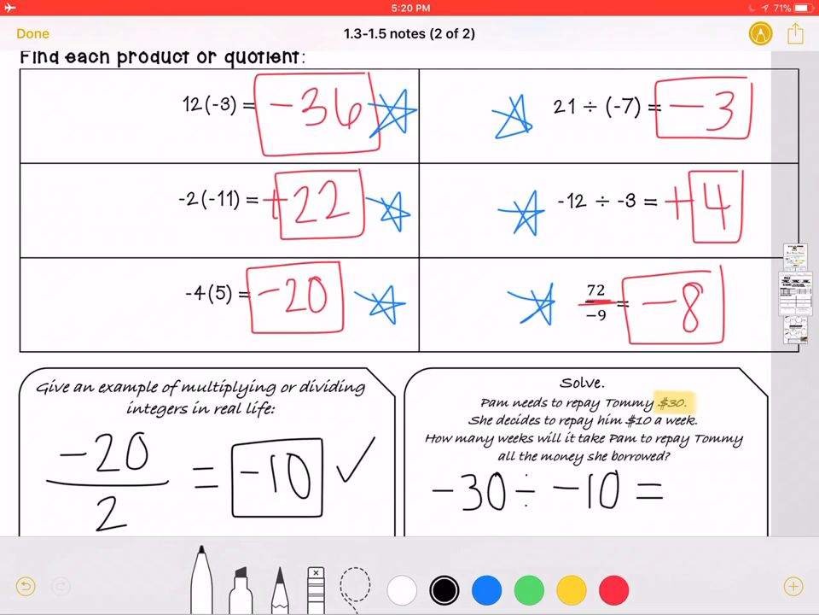Go ahead and do that math. What's negative 30 divided by negative 10? Hopefully you're thinking same signs positive. 30 divided by 10 would give you 3. Awesome job if you got that. Make sure you have that